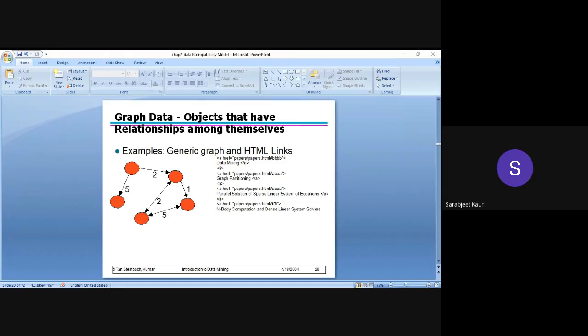Okay, so we find a subgraph which satisfies a particular set of properties, and we are able to say